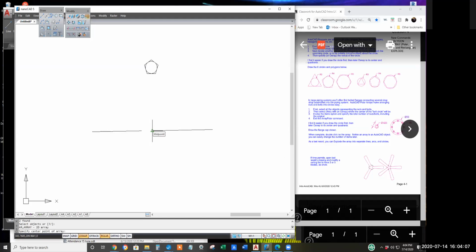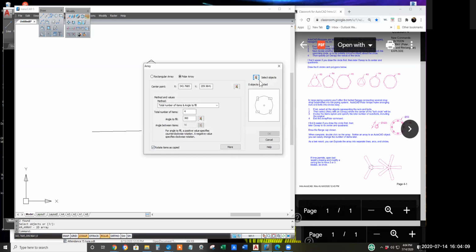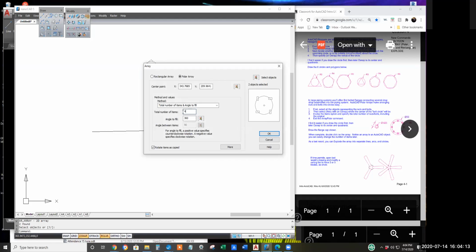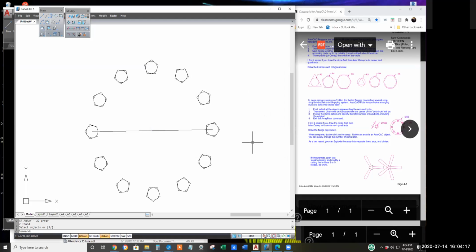That's what I did wrong. Midpoint of this line. Select objects. Specify 12, and click OK. There we go. Erase the chalk line that I used just to find approximately the center of the flange.